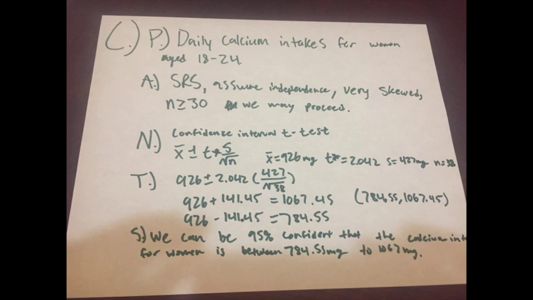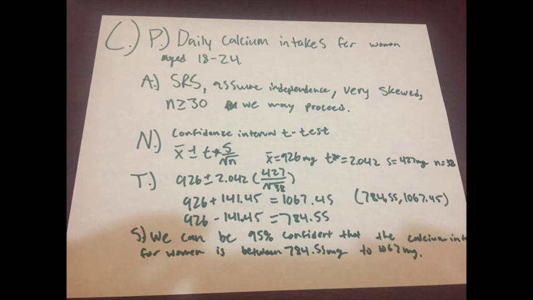Then for N, it's a confidence interval t-test, which means the mean plus or minus t star times standard deviation over square root of n. And so x-bar, or the mean, equaled 926 milligrams. The t star, which you find in your charts in your book, equaled 2.042. And the standard deviation is 427, and n equaled 38. So then it was 926 plus or minus 2.042 times 427 over the square root of 38, which gave you